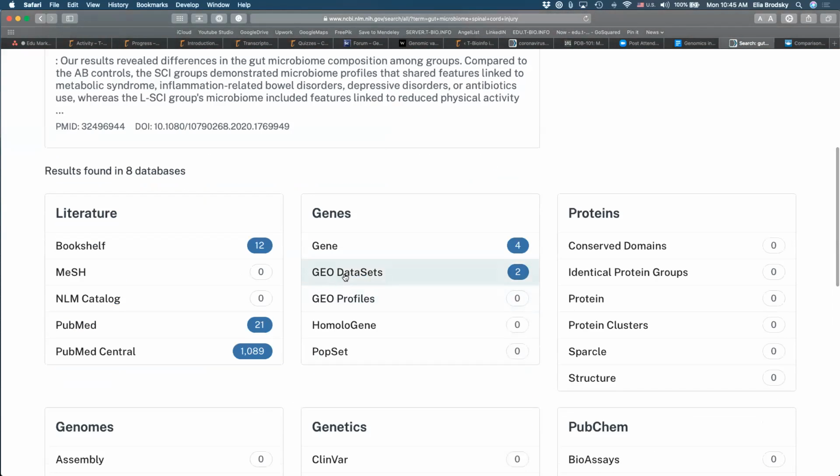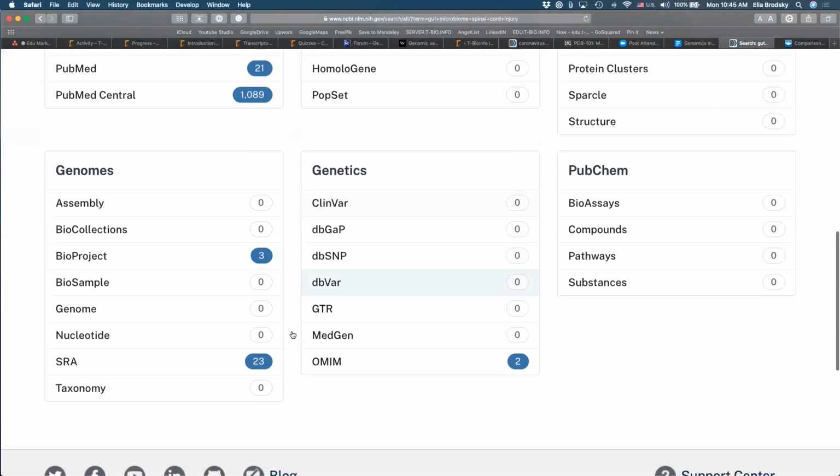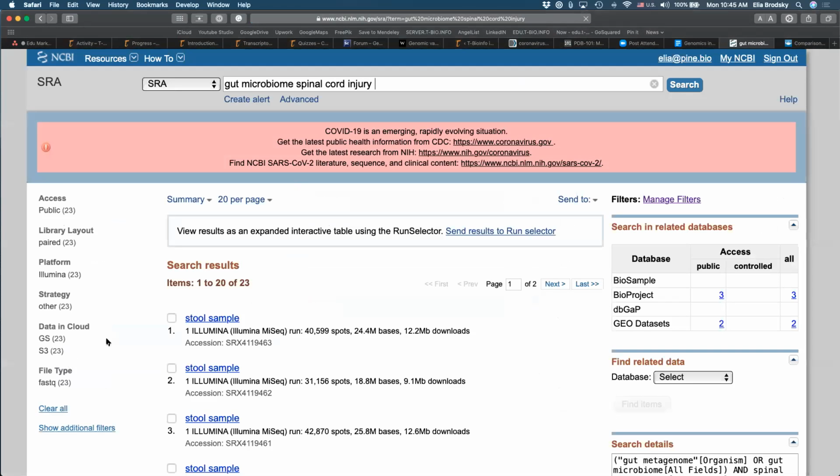Okay, and here you have, for example, Gene Expression Omnibus. You have also SRA studies. So let's take a look at SRA studies. You can see these are microbiome samples. Illumina MiSeq is typically microbiome. We'll talk about the different types of data that we can find here and how to analyze them in some of our next lectures. But an example that Chandrani here asked, just a topic for gut microbiome spinal cord injury